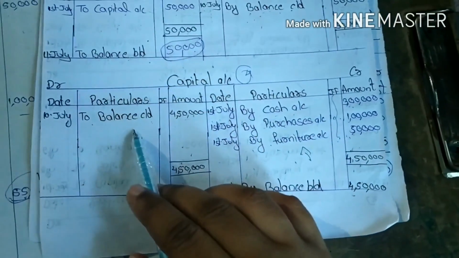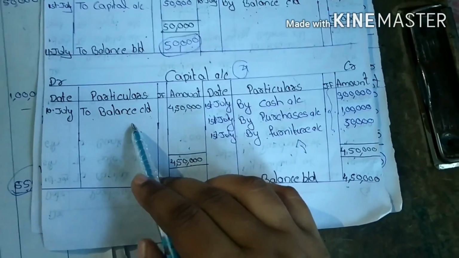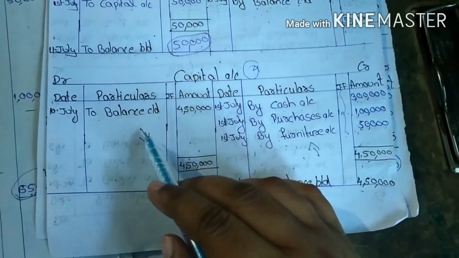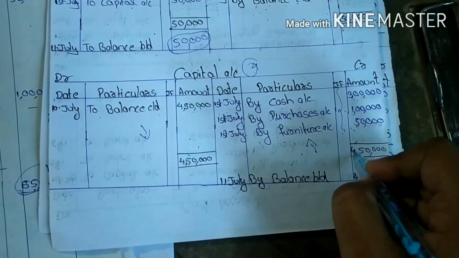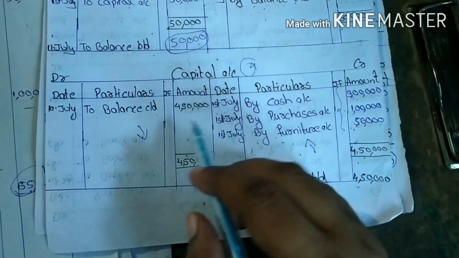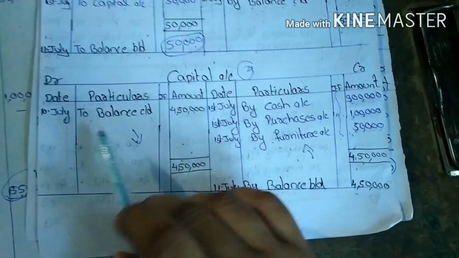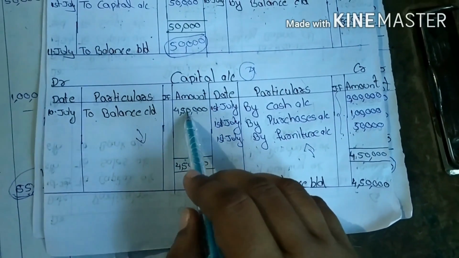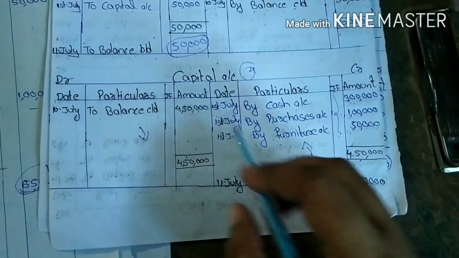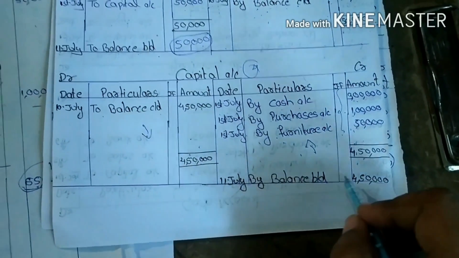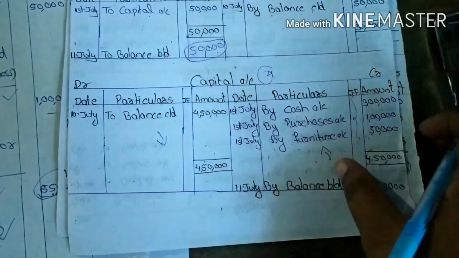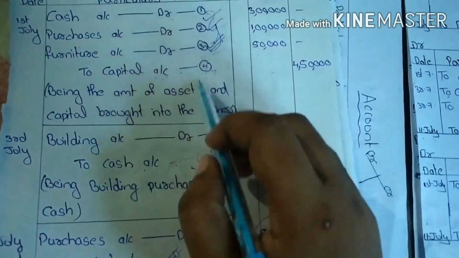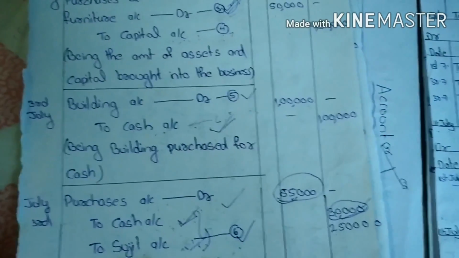And there are no transactions on the debit side. So the credit is high when compared to debit. So the difference, 4,50,000, should be carried on to the end of the day, that is 10th July, 4,50,000. So it should be brought down to the next day, 4,50,000. So 4 accounts should be completed here, and for this entry should be completed. Next go to the second entry.